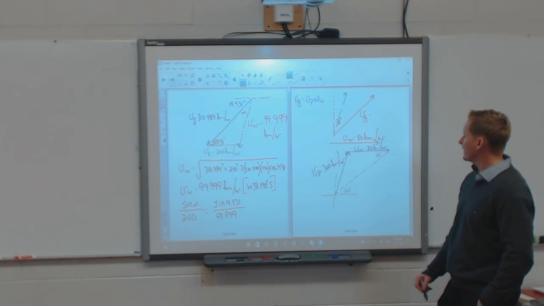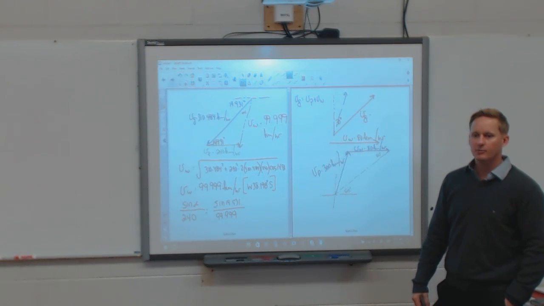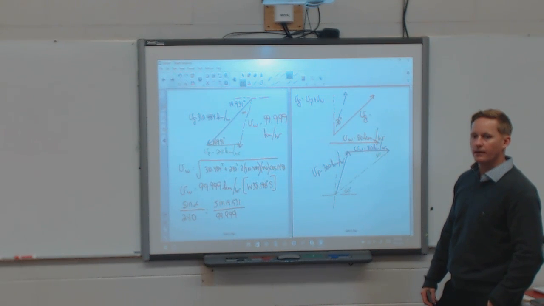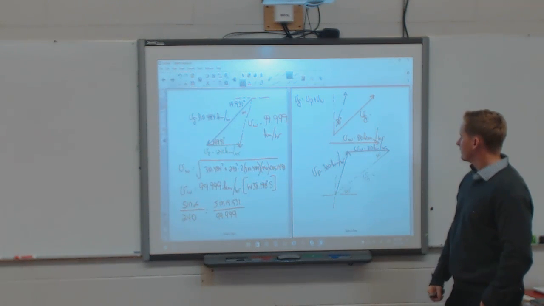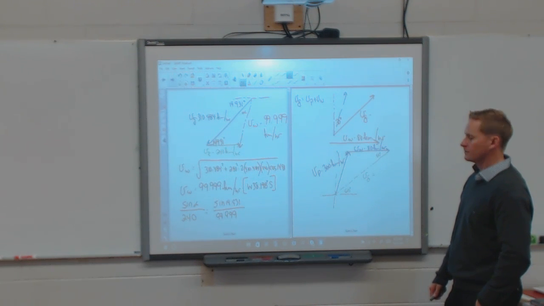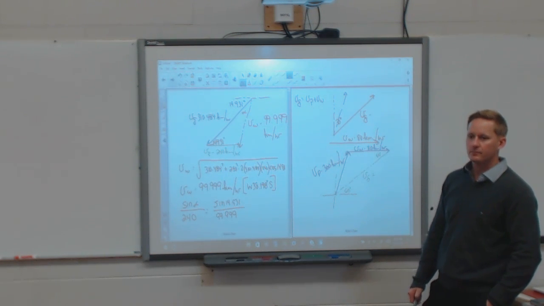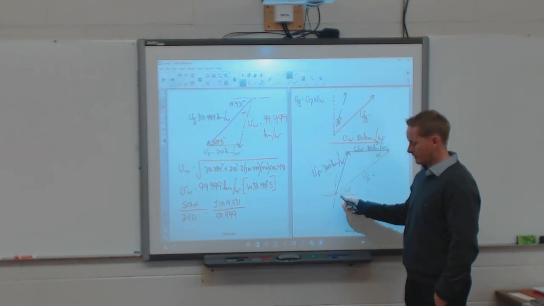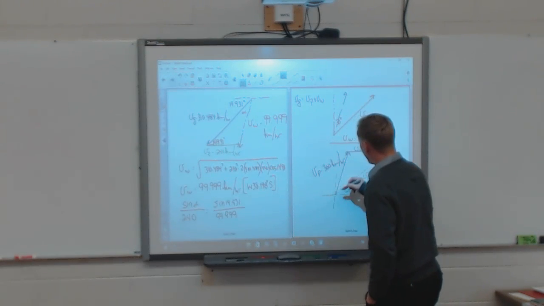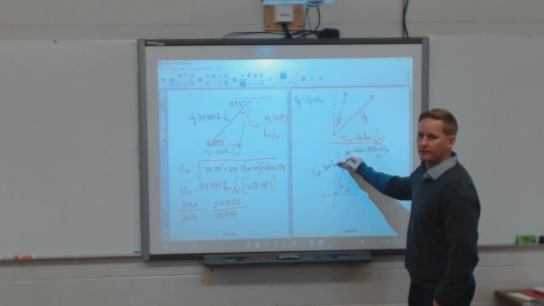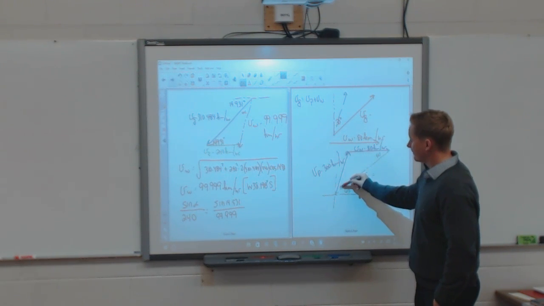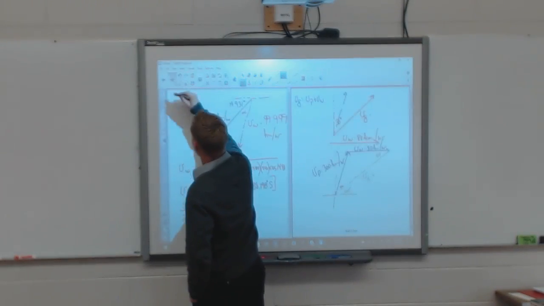Do I have enough information that I can now solve to get my ground speed? Do I? Do I need anything else? What's the first thing that I can find? The angle. Yeah. Down here? Yes. So the first thing I want to do is find out what that is right there. Because I have this angle, that side, this side, therefore I can find that angle. So using your law of sines,